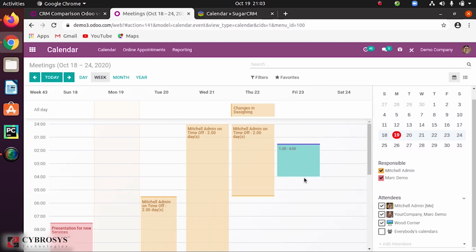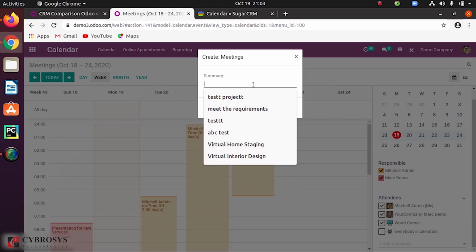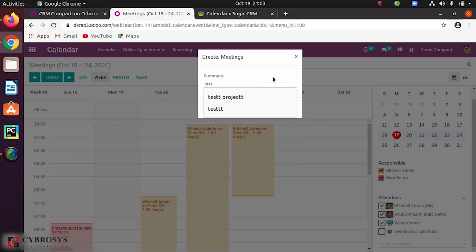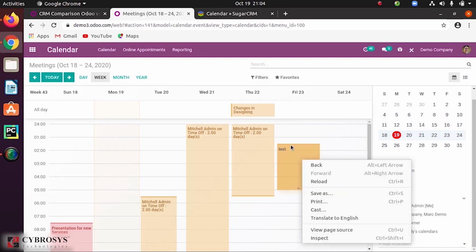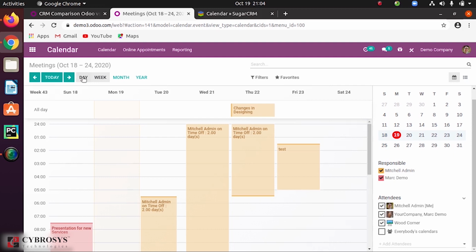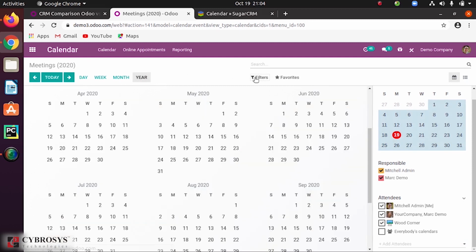Here you can just click like this, and obviously options will come to provide the summary. Here you can just create it. When you do that, automatically this option will come. Here also we have the option, that is day wise, week, month and year wise, and also the option to filter as well as to add it to favorite.